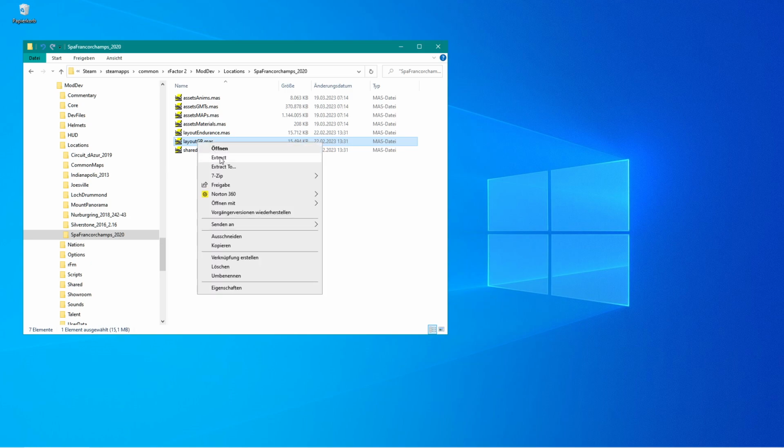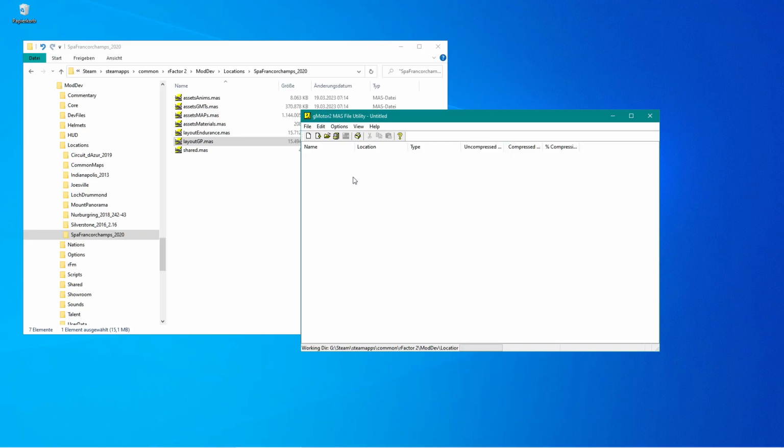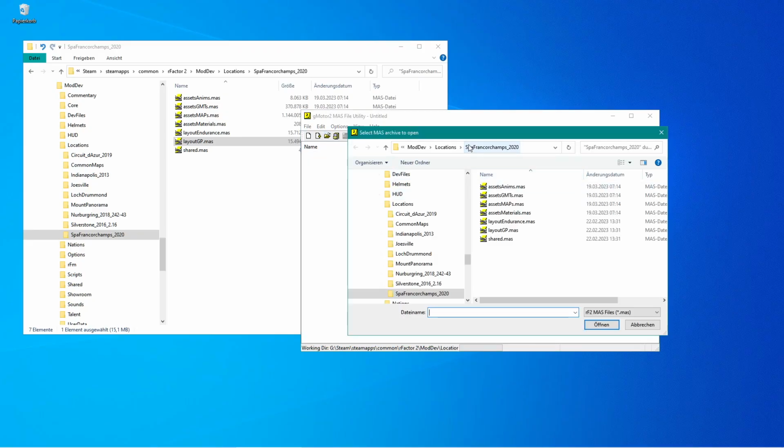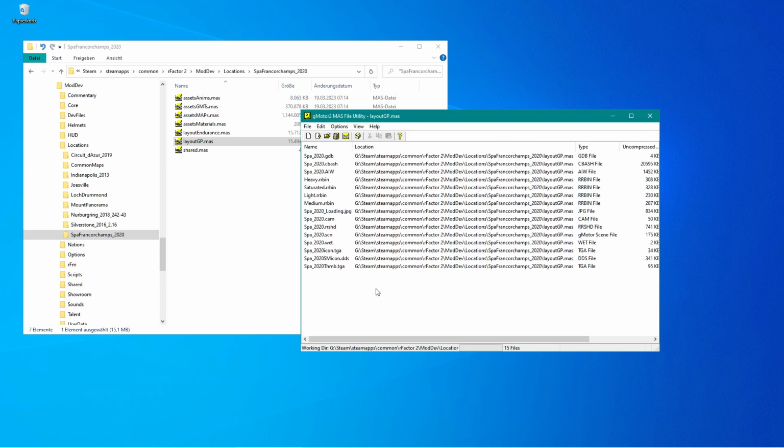As you can see, I have an extract option here that comes from a very helpful tool that was created by Noel Hibbert a long time ago, and that I still use to quicker extract mass files, but I will use the normal method here with the mass tool. Okay, here is the content of the layout GP mass file, and